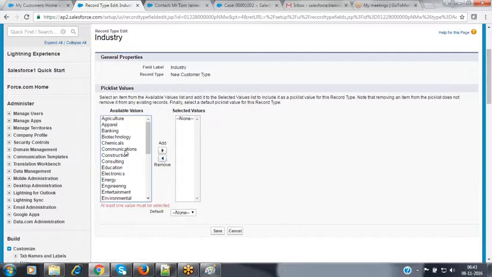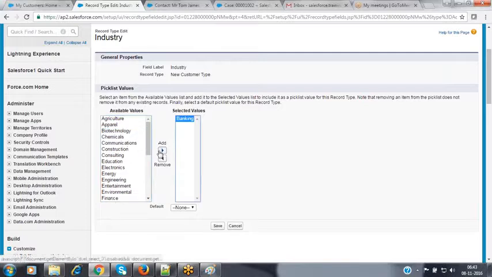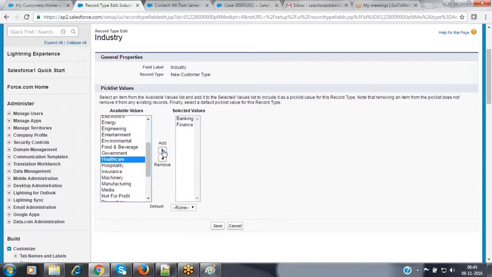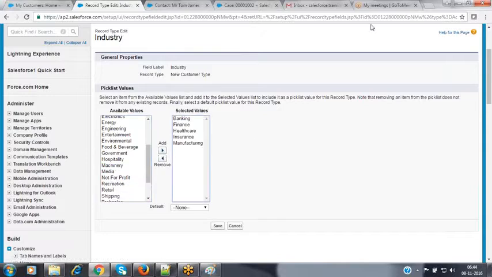I want to provide only those 5 industries: banking, finance, healthcare, insurance, and manufacturing. From now onwards, my new customer should be from any of these 5 industries. The remaining industry customers I don't want. So here I'm selecting only those particular industries.